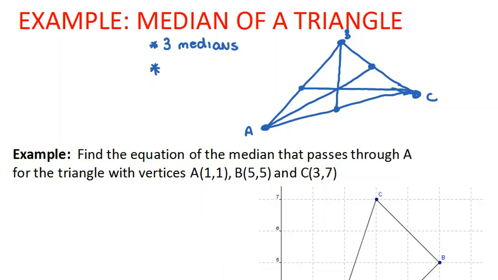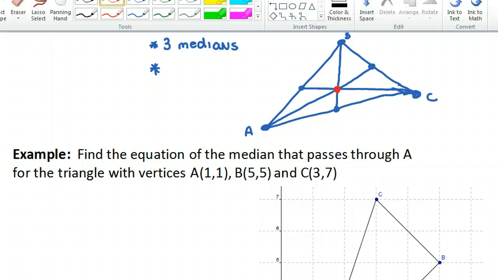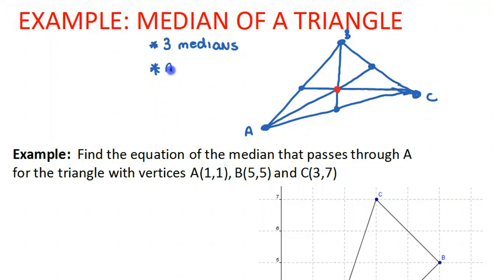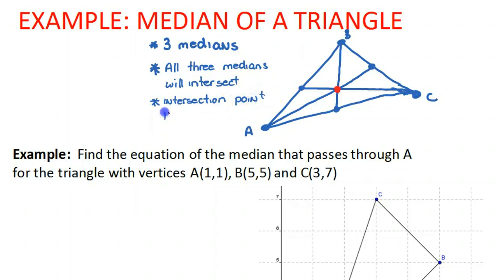And what you might notice is that I've actually gone and drawn them so that they all intersect at the same point. And that actually is by design. It turns out that all three medians will intersect, and that's always the case. And that point is what's called a centroid. So a centroid is a point in a triangle where your three medians intersect, and it's actually a